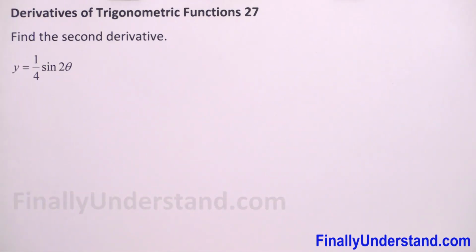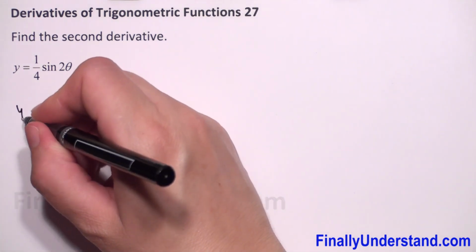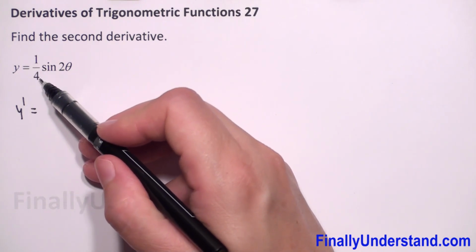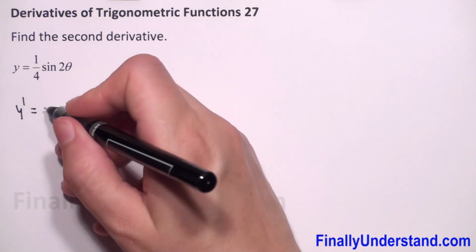We have to find the second derivative of our y function. The variable is theta. To find the second derivative, we need to find the first derivative. So y prime is equal to, we have to copy, like always, the constants. 1/4, we just copy,